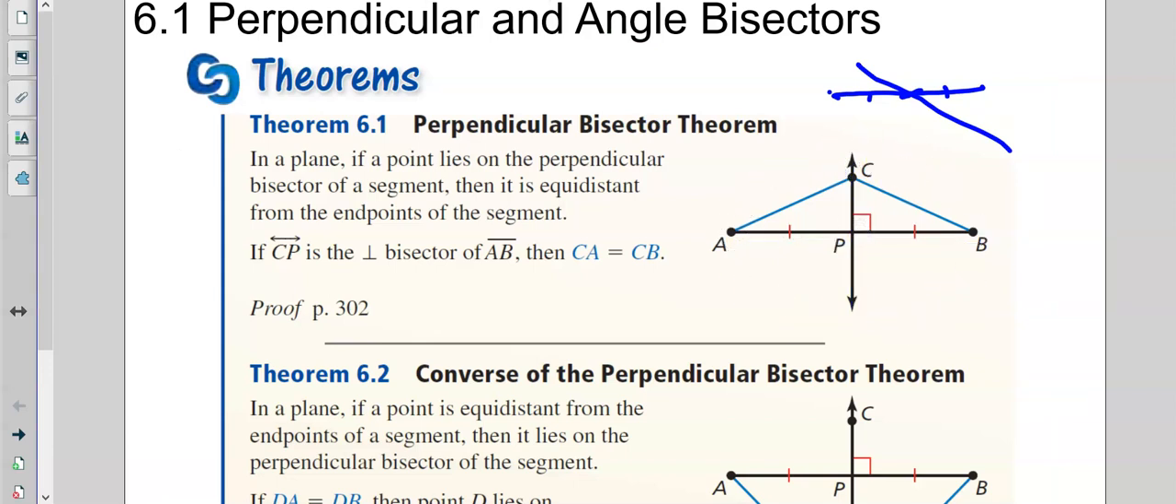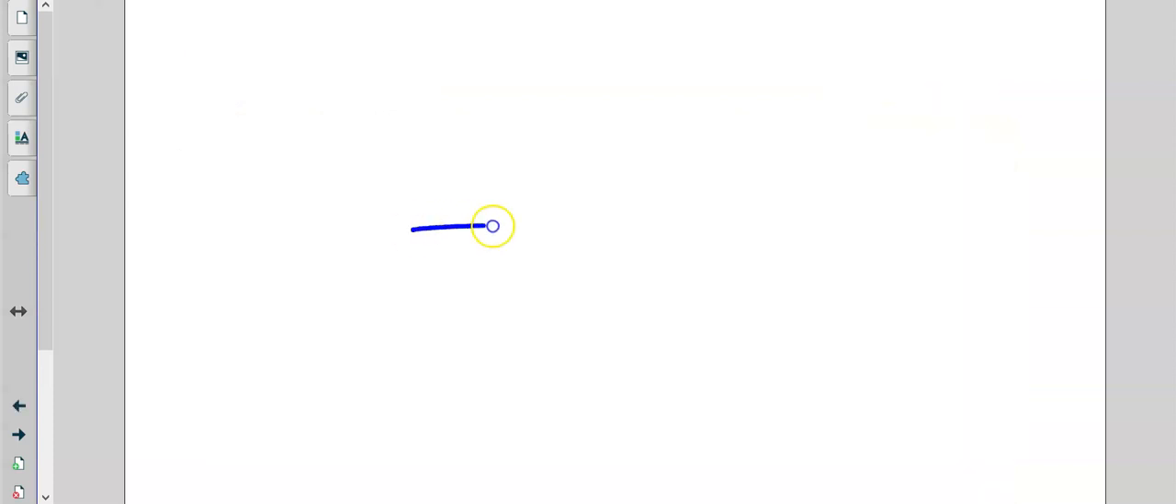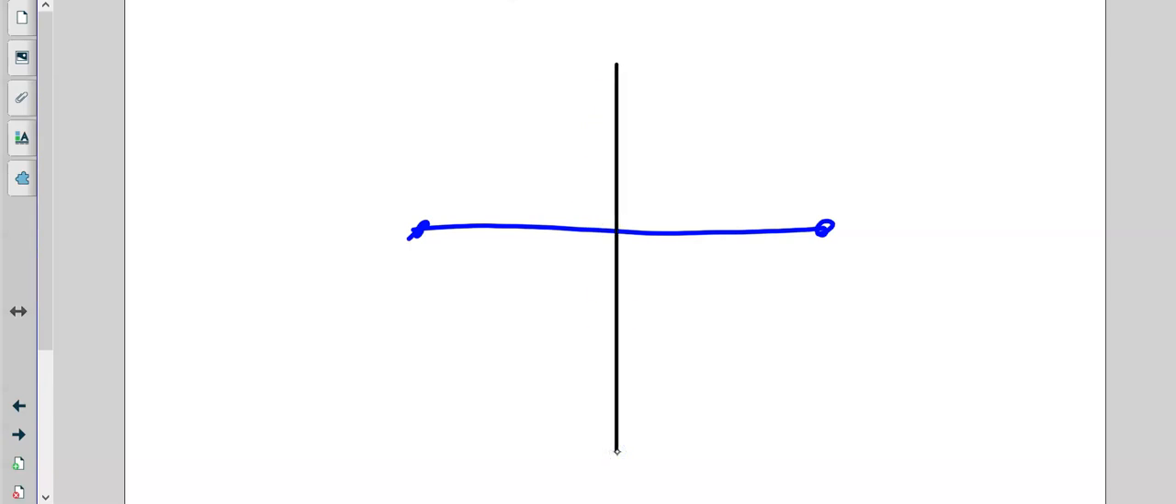So here's an interesting theory. If a point lies on the bisector, okay, then it is equidistant, that means equal distance from either endpoint. So what that looks like if we had it fresh is, here's our line or segment. And if I come through with a bisector like so,